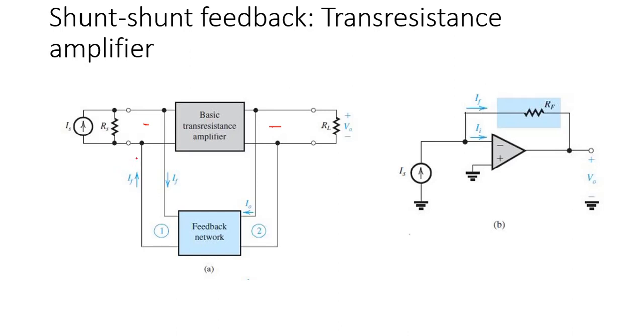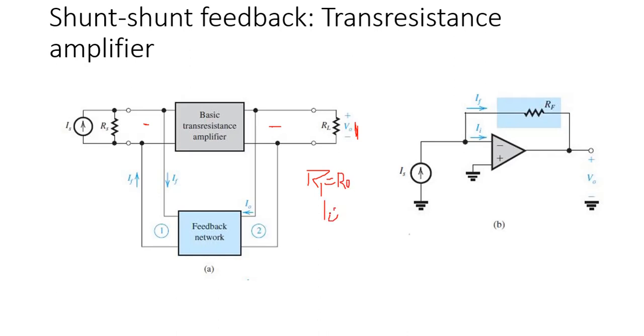So here in this topology, the input resistance and the output resistance are low. The shunt connection at the output side stabilizes the output voltage V0 and causes the output resistance to reduce. So Ri and R0 are low